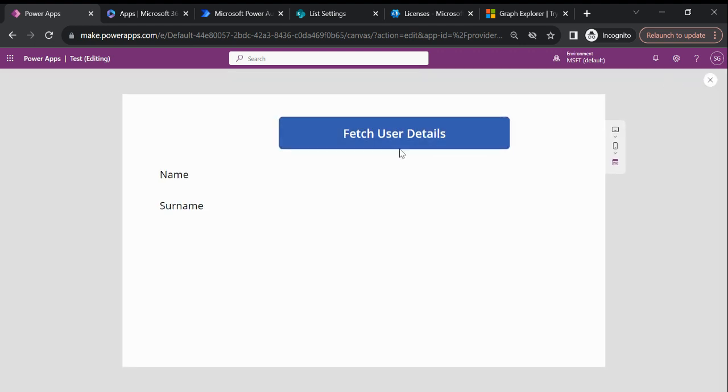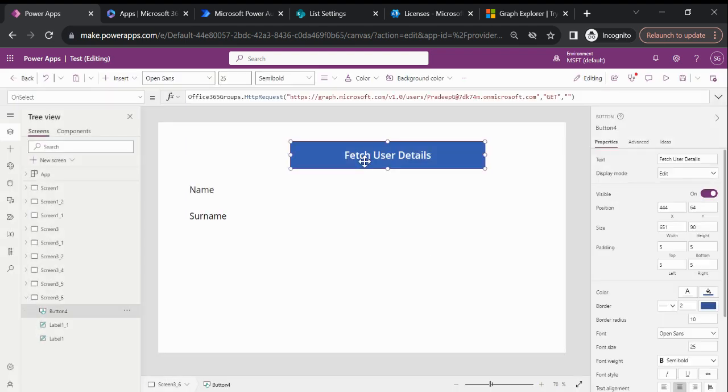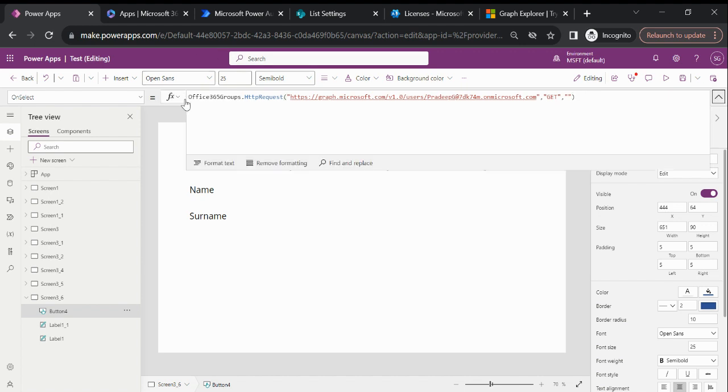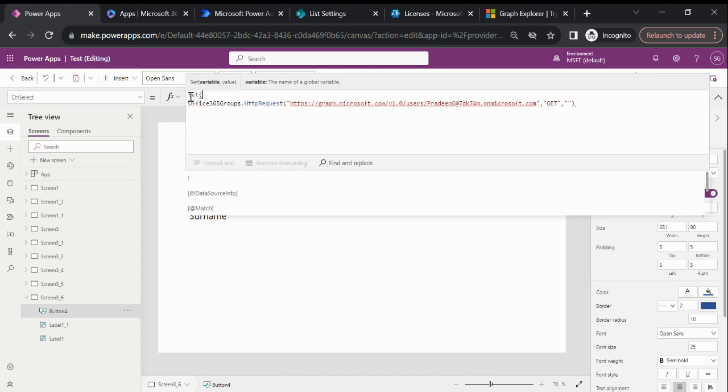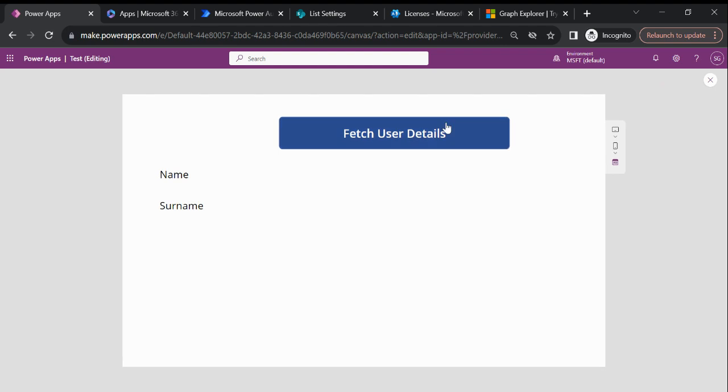Let me run this. So now, okay, go back to the screen again. So now we can see there is no error associated. Now the point is, if I want to see the output of this, then how can we do it? Okay, so we need to create a variable. So I'm using a global variable, and let's say the variable name is gUser, and then close this. Okay, so if I run this query,